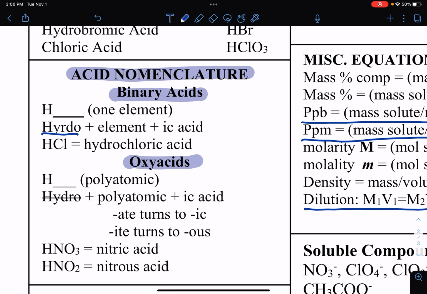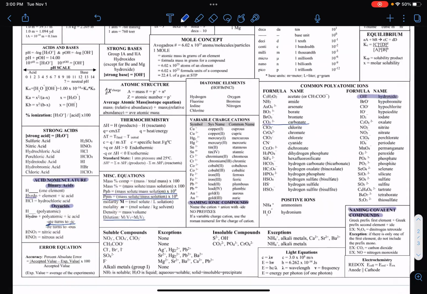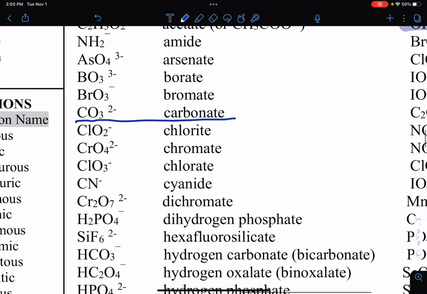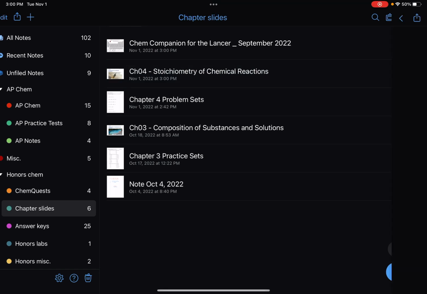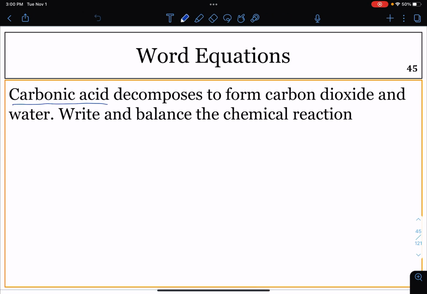So because the ending is ic, then we know that means the ending originally came from ate, so carbonate. Go over to your polyatomic ions, and we see that carbonate is CO3 2-. So we have an acid with CO3 2-. We know that we need to add 2 hydrogens because each hydrogen has a 1+ charge. Now H2CO3 is a neutral compound. So here's our carbonic acid,